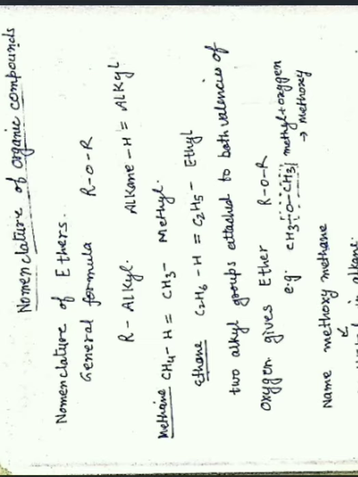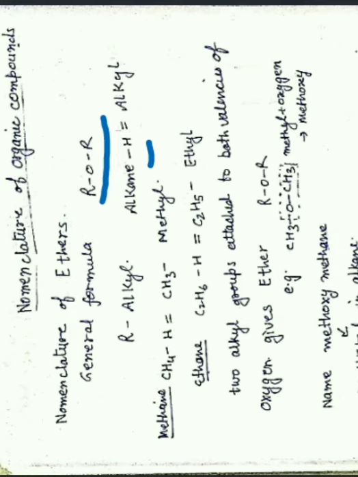So in this case, the general formula for ethers is ROR. Here you see one oxygen in between is linked to two alkyl groups. Now for children who don't know what R is, actually in class 10 you have studied alkanes. That was a compound having all single bonds, or saturated hydrocarbons. So if you remove one hydrogen from an alkane, the remaining part is called alkyl, and this alkyl will always have one free valency.